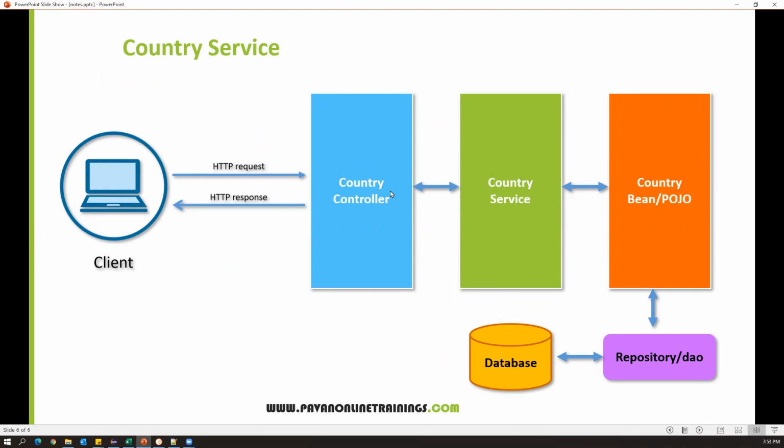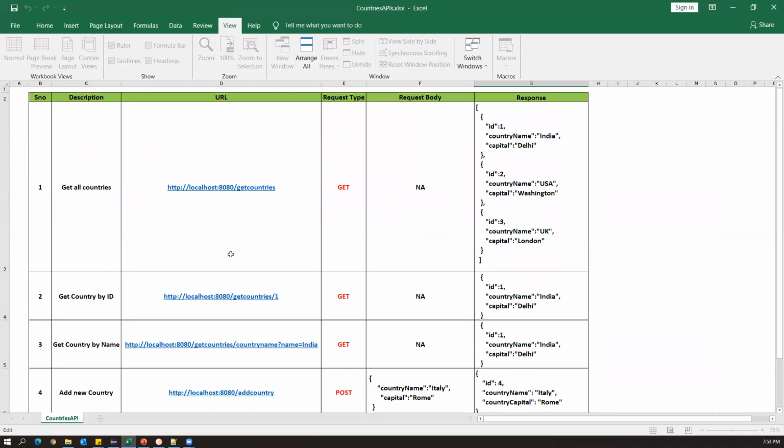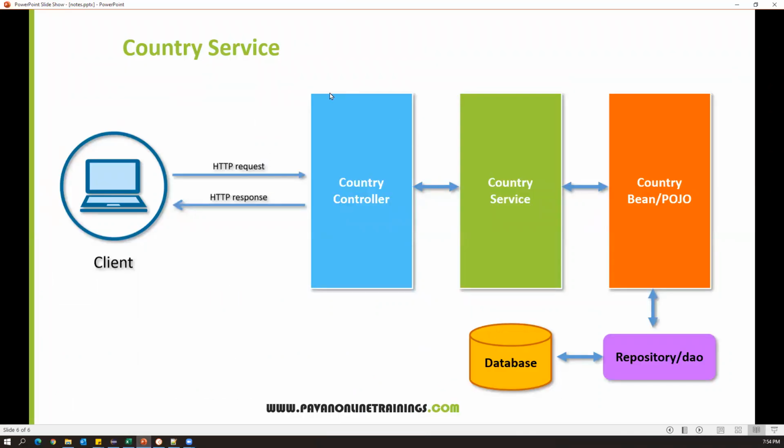We will see that in the next video. Whatever we covered so far, just practice this. In the next video, I will show you how we can develop the country controller class. This is the main class. Once you develop this, we can run our APIs with the request URLs specified here. With these URLs, we can check whether our service is working properly through these API calls. So in the next video, we will see how to develop this country controller, and then we will see the HTTP requests.